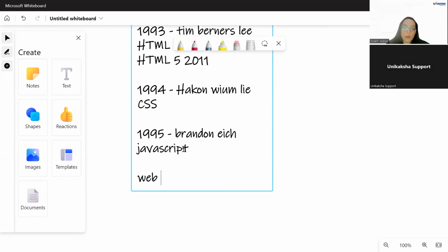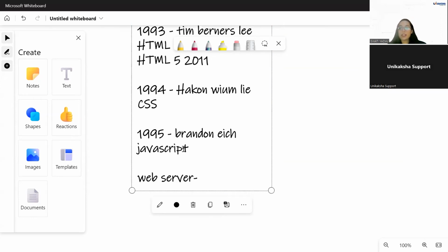We know about a web server as well. A web server is an internet connected computer. It's again a computer that receives a request for any web page which is sent by a browser. It might be hosting the website that you're trying to access. The browser, we all use browsers daily, right? Chrome, mostly used, Edge again. So the browser connects your computer to the server through an IP address.